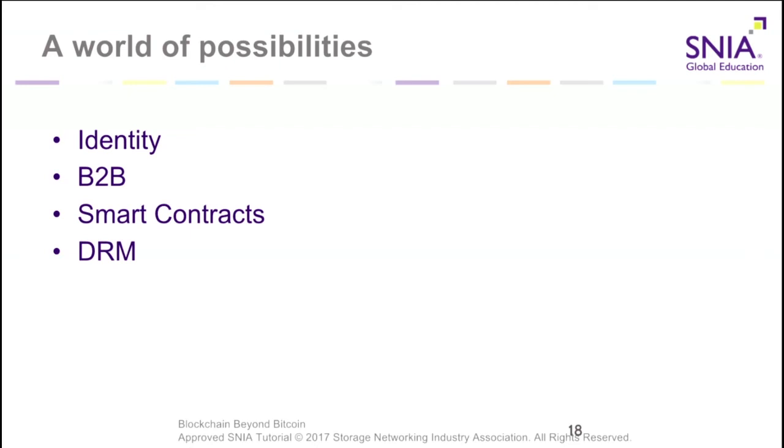Business-to-business transactions. Two different businesses or multiple businesses cooperating with each other, supply chains and so on. The issue today with all those kinds of supply chains is where do you store the information? Either company likely has their own database where they keep track of that. They're not going to expose that database to the other company because there's not full trust. There's a degree of trust between the two companies. They are doing business with each other, exchanging goods and money and so on, but it's a bit of trust